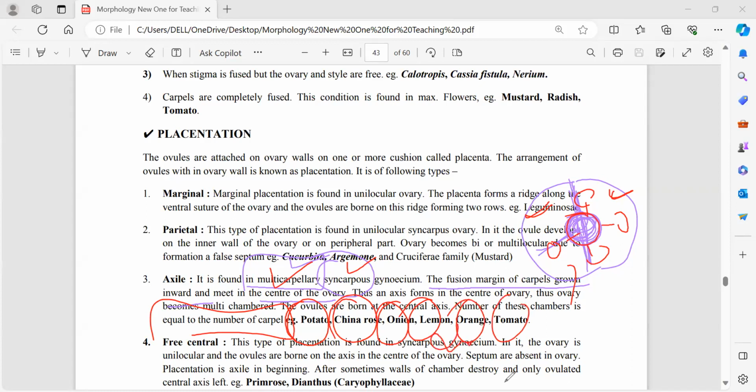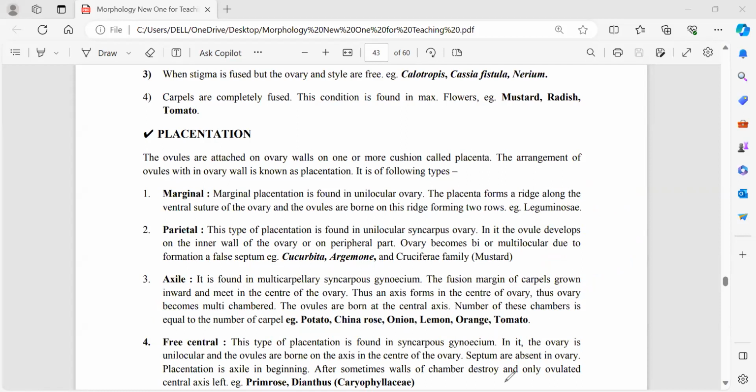Orange season is going on right now. You open the ovary of this orange and see how these ovules are borne. Or if you open a tomato, the ovules are attached on the central axis. The ovules that are today seeds in the tomato, because ovules later on ripen to become the seeds. We have now